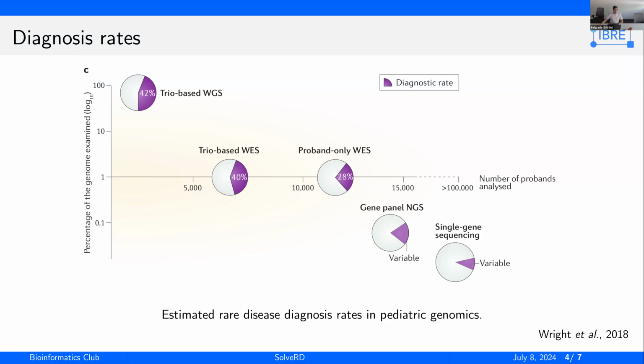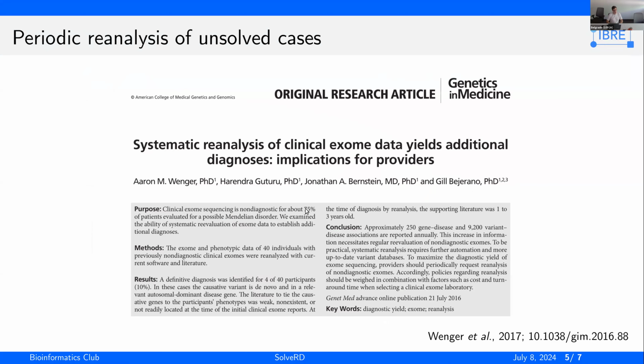In our first couple of meetings in this seminar session, we talked about the bioinformatic aspects of short variant calling, and we covered some of the factors which indeed influence the diagnosis rates. But one of the factors which is also important to talk about is the fact that we just do not have enough knowledge about the mechanisms of disease. And that's basically what has driven the idea of performing a periodic reanalysis of next-generation sequencing data in the clinical setting. So if we have a patient who did not receive a definitive molecular diagnosis, it's good practice to